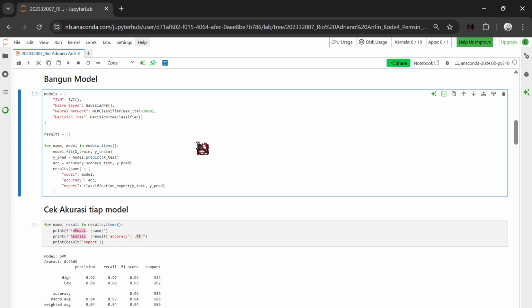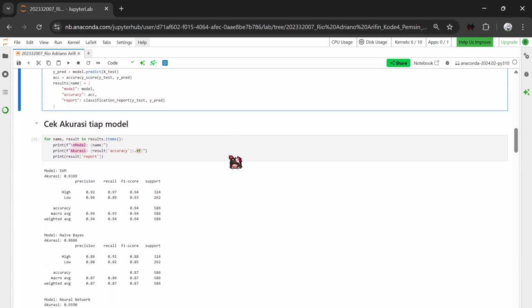For each model, predictions are made on the test set and the accuracy and classification report are calculated and stored in a dictionary for easy access and display.